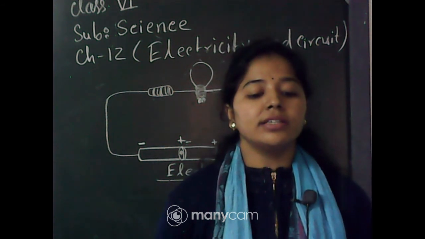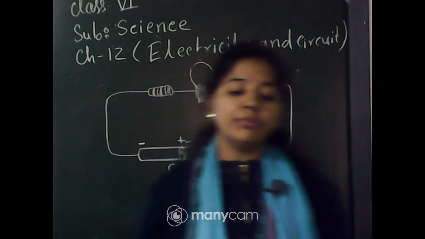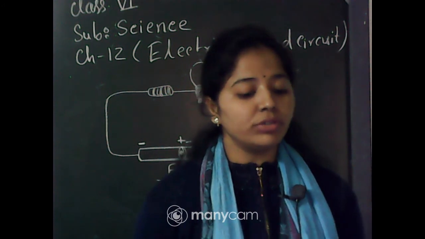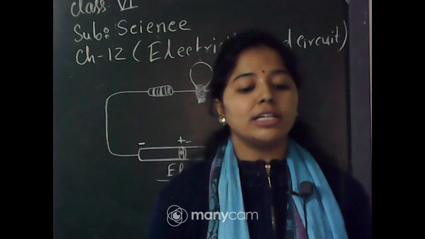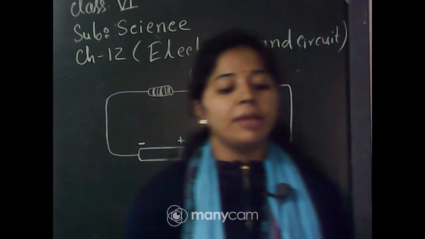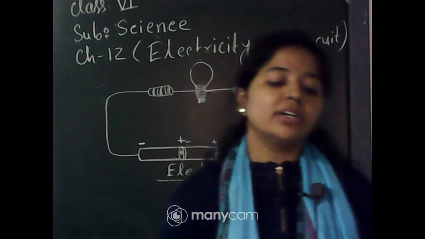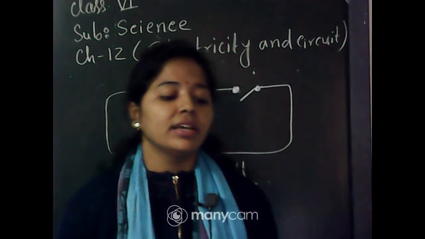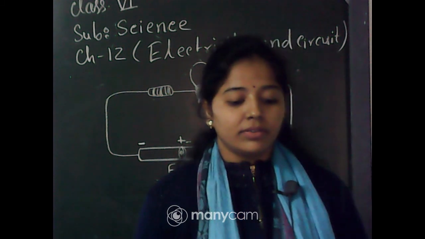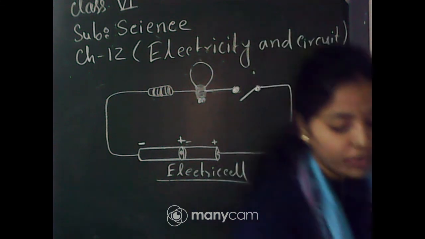There is a non-metal named graphite. You know graphite, that is actually a form of carbon. Graphite is found in lead pencil. Okay, lead pencil, you use it for drawing purposes. So there is presence of graphite, that is a non-metal, but this is a good conductor of electricity. So you have to remember this point, that graphite is a good conductor of electricity, though it is a non-metal. Okay. Yes. Okay. I hope you understood, students.